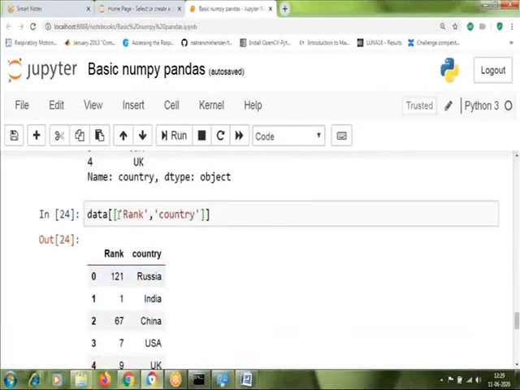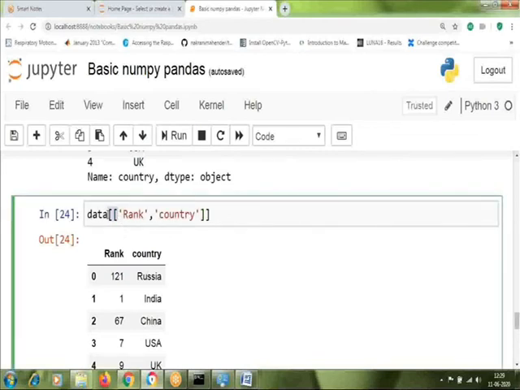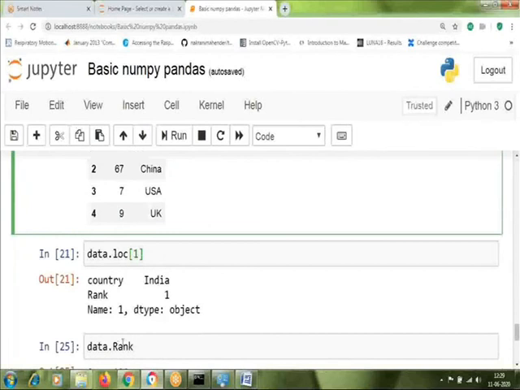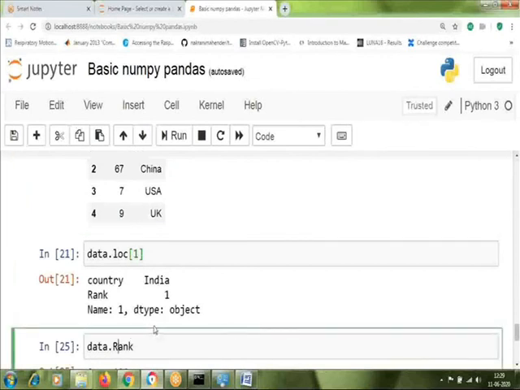That's why I mostly prefer to use square brackets instead of dot. So that is another advantage. This way you can use pandas for selecting different rows and different columns from a data frame, which you have imported for your machine learning.